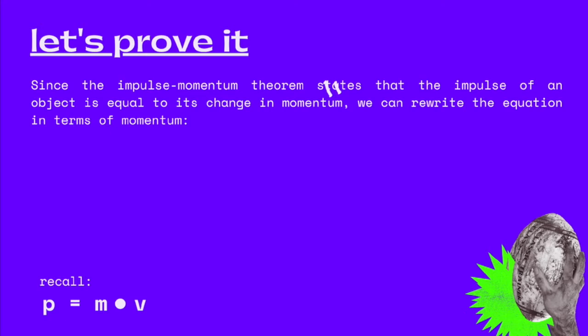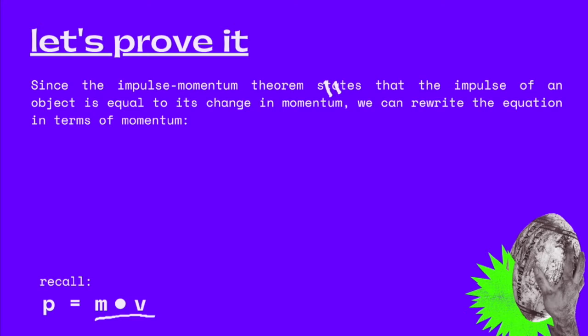So the impulse momentum theorem states that the impulse of an object is equal to its change in momentum. So our equation earlier can be rewritten in terms of momentum. And recall that momentum is mass times the velocity of an object. So for our equation earlier, since we have the impulse of object A is equal to the negative impulse of